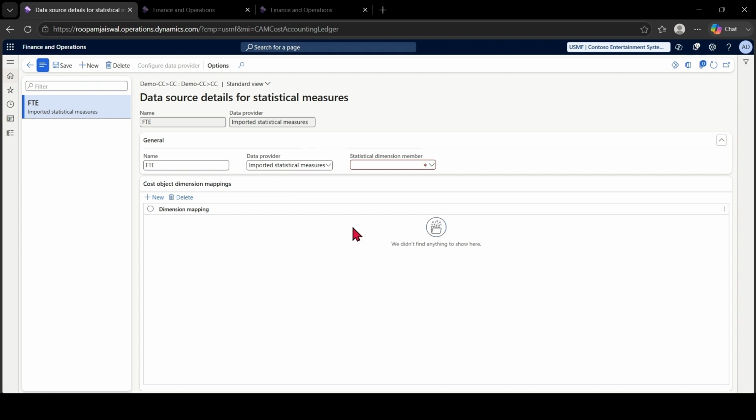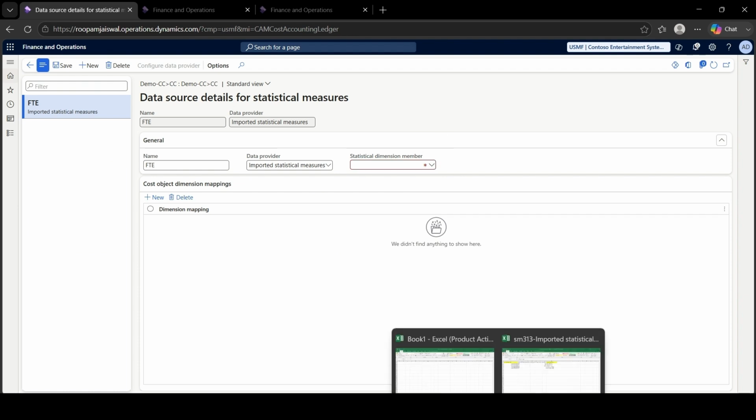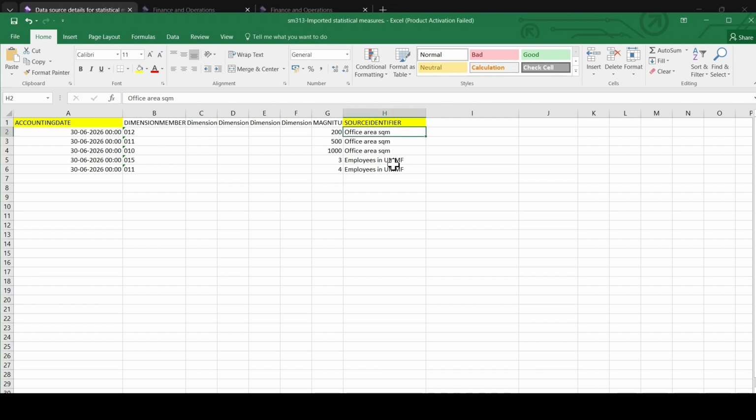In our previous module we imported a statistical measure. This was our import file, and we have an import for FTE: a count of 3 in cost center 15 and a count of 4 in cost center 11. And then for the office area we have 3 cost centers.